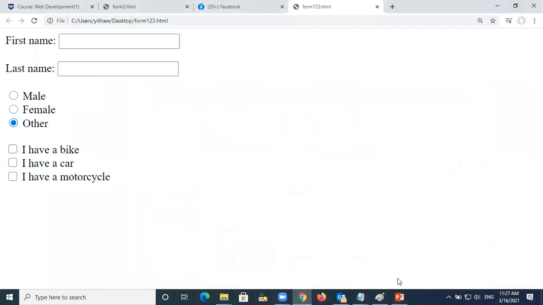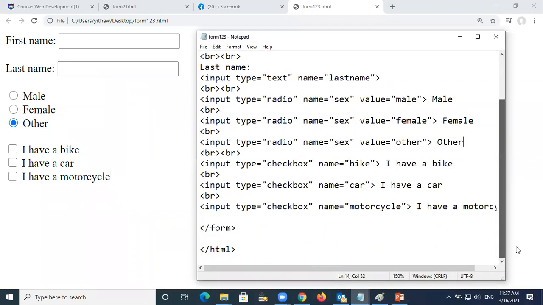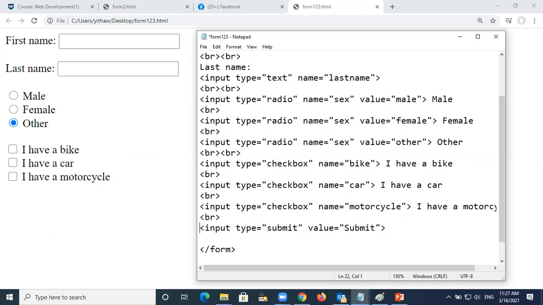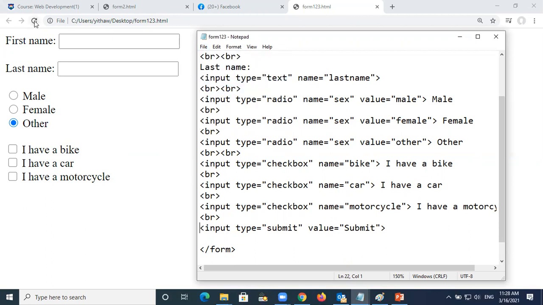Okay, and when you are copying these things and here, I will put the BR later. Now this is the submit button. Okay, so you are going to submit after this. I will just put one BR, one BR is enough or not, I'm not sure. So which allows you the submit button. Okay, file, save and refresh.